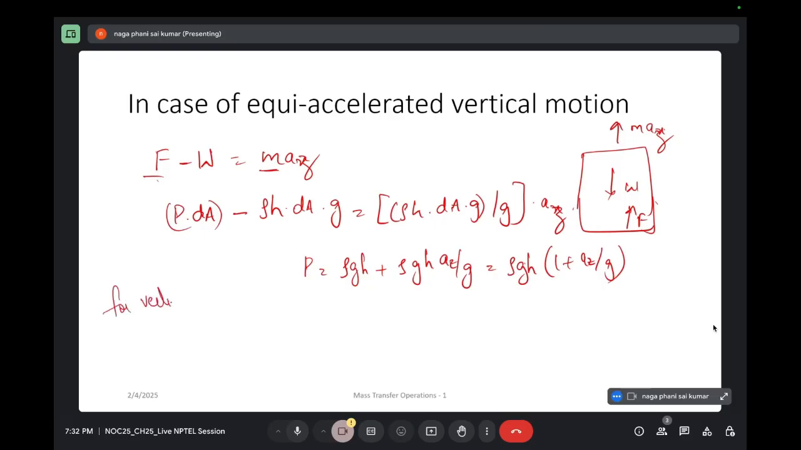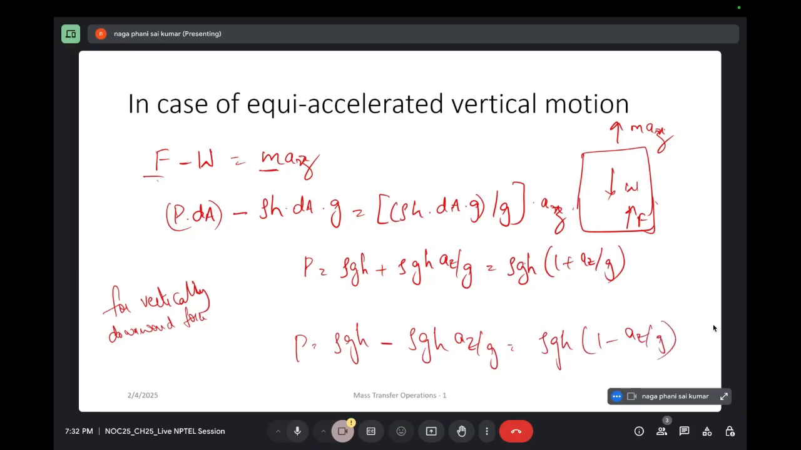vertically downward direction, vertically downward force, P will be equal to rho g h minus rho g h into az by g. This is nothing but rho g h into 1 minus az by g. Okay,